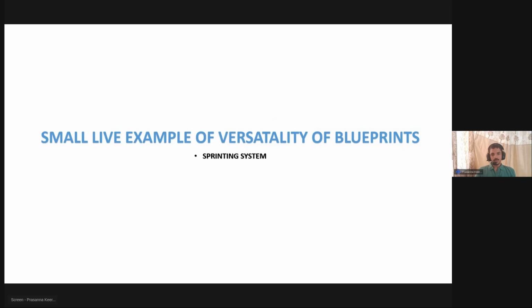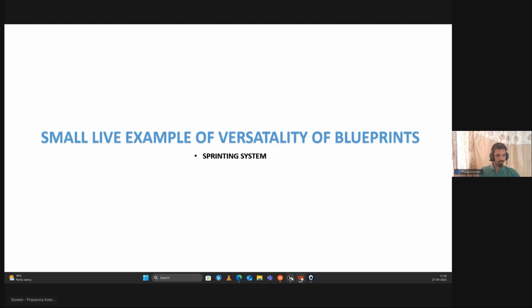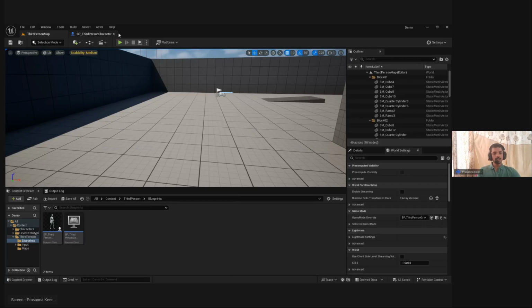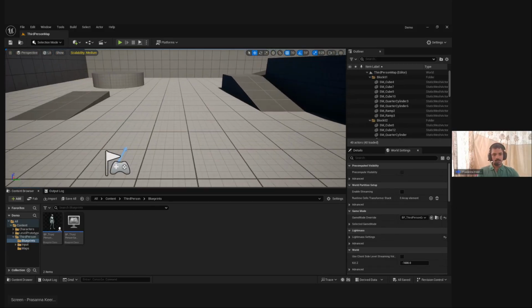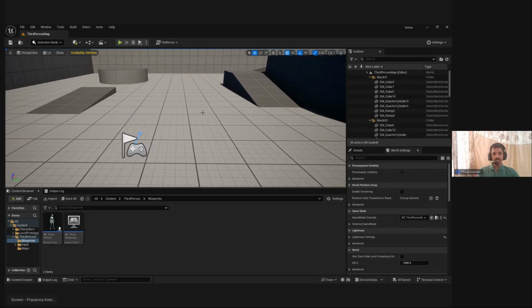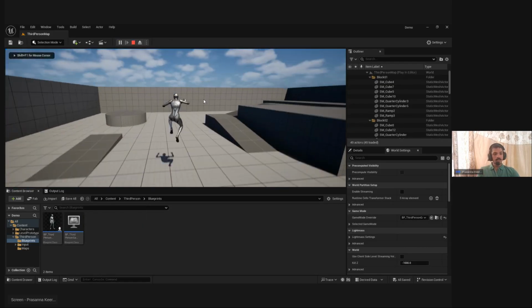By default, I'm going to open an Unreal Engine third person project. This is the blank third person template. When you start opening the Unreal Engine, it will ask you to select a template. We have a lot of different things here, right? We don't wish to go deeper into this, but I just wish to showcase how easy it is to make some things in the blueprints. So by default, if I press play, this will be there.